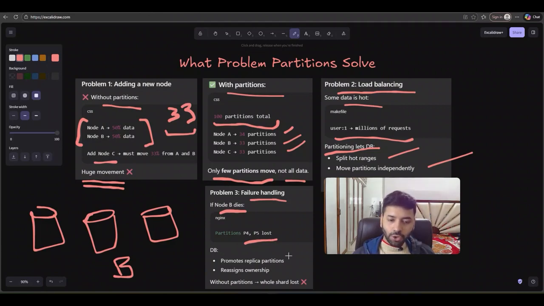What the database can do is promote the replica partitions, because as we discussed earlier, there will be replicas of the partitions, correct? So whatever partitions are lost, the replicas will be promoted by the database, and it will reassign the ownerships, right? In this way, partitioning handles the case of failure, correct? But without partitions, the whole machine would have been lost. That would be a really big issue. So having partitions solves multiple problems, and that's why we have the concept of partitions in